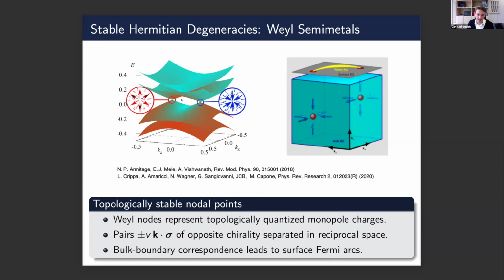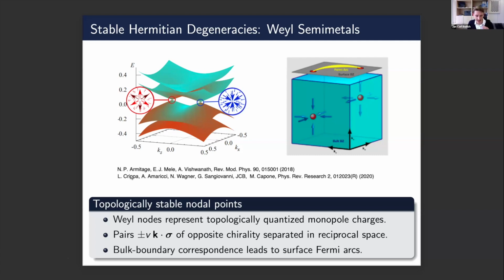So in my example here, the 2D slices are non-trivial in between the line connecting the two Weyl points, and then you have, by bulk-boundary correspondence, the same chiral edge states at momenta projected to the surface in between the two Weyl cones and the Weyl points, and this then gives rise to these bulk Fermi arcs. So this illustration here is from the paper by Lorenzo Crippa, and much of the work on correlated electrons here. So you will see this name again.